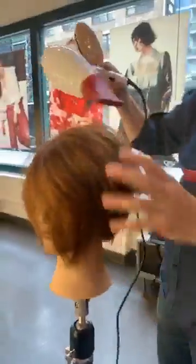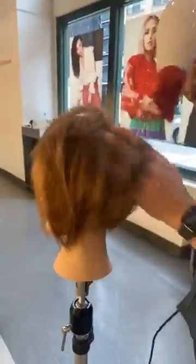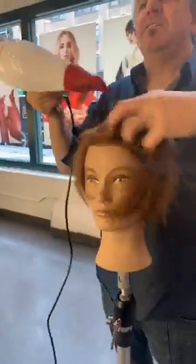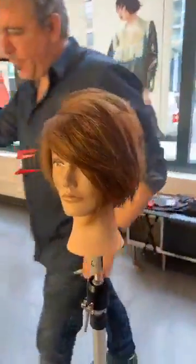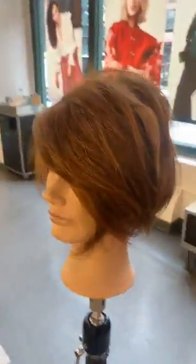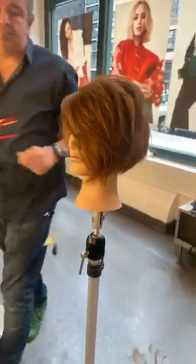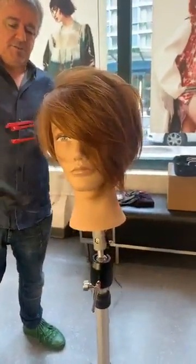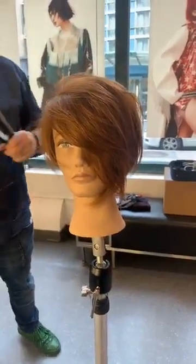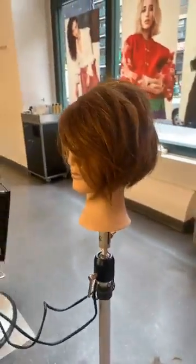Do you remember the first time you used the razor? Yes, I sure do. Did somebody ask that question, or was that you? Me? Yeah. So I'd left Vidal Sassoon. I'm going to put my iron on. I'm going to just do a little bit of iron work, and then I'll do a little scissor work to finish it. Cute. I left Vidal Sassoon, and I was working for Weller in the UK, based in London,